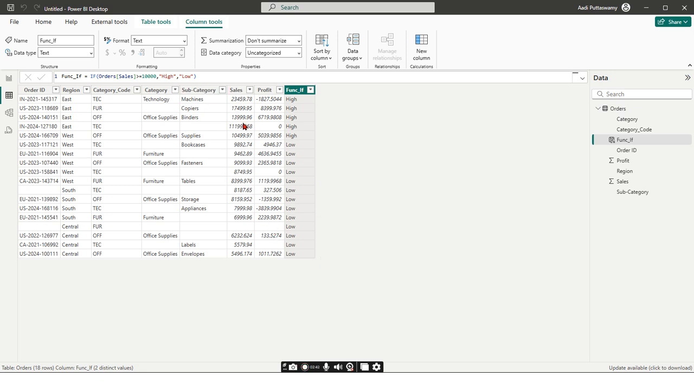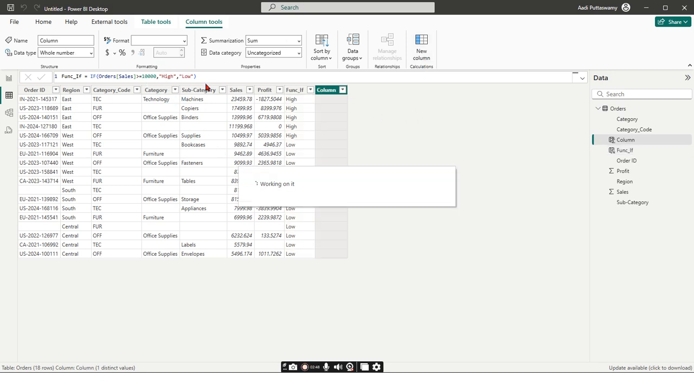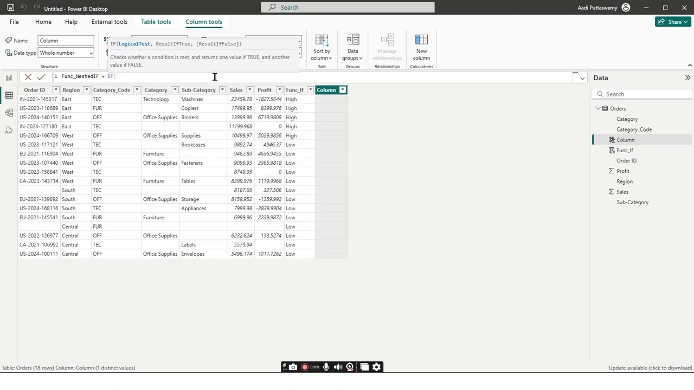Alright, suppose if you want to have high, medium and low, then we have to use nested IF. For that, you have to use one more IF condition inside. Let's say nested IF. If we have the sales value greater than or equals to 10,000, then it should be high. Suppose now I want to check one more condition. If the sales value is above 8,000, then it should be medium. So again, one more IF